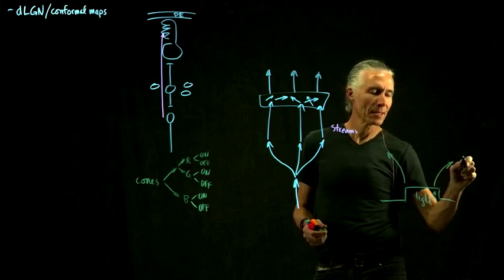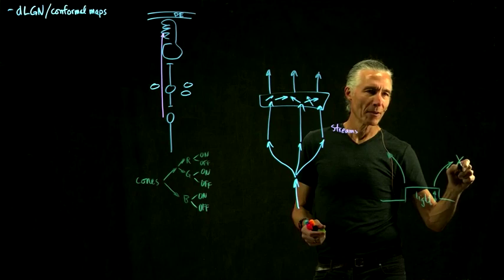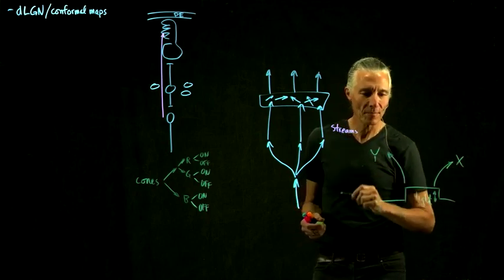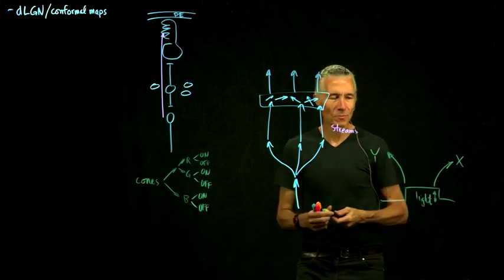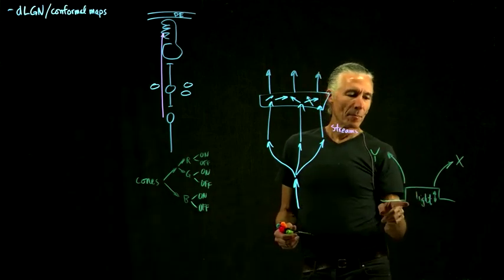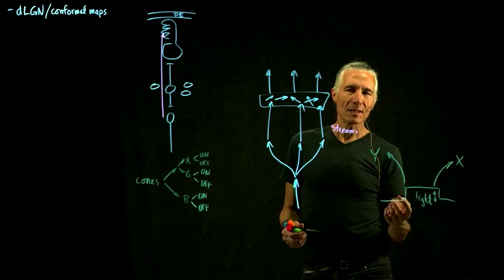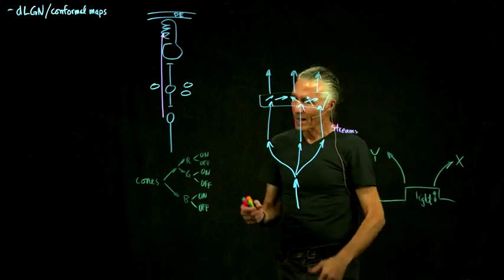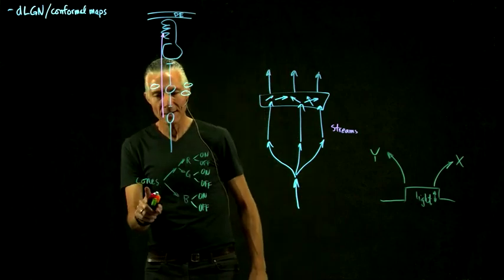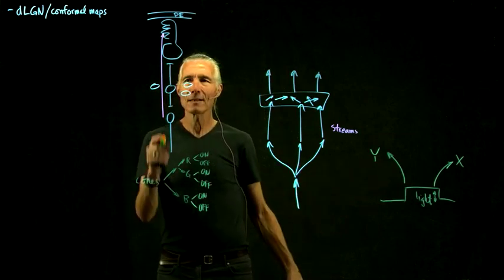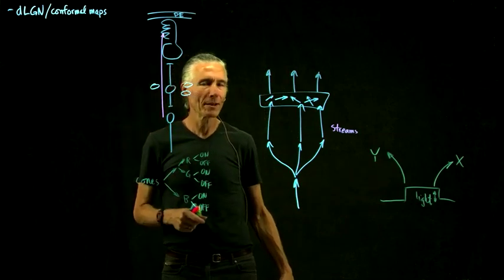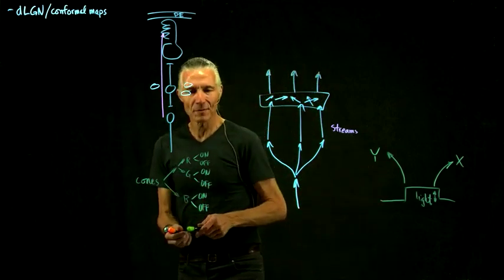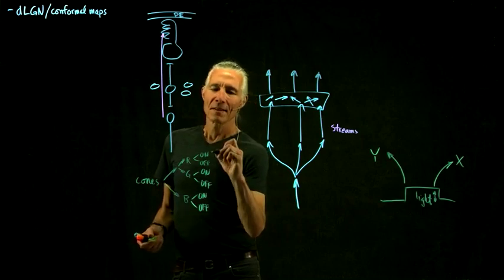And this was the X-like pathway, or the sustained pathway, and this guy was the Y-like pathway, or the transient pathway, because it's really giving you a bigger signal when something changes versus just the total amount of it. That's not something that's present. That distinction isn't present in the photoreceptors. So that was made by the retina. So the retina cooked this up, and so then you have to subdivide these things into